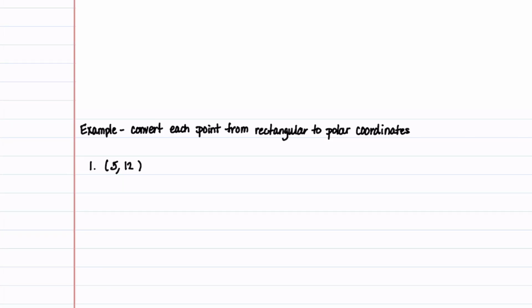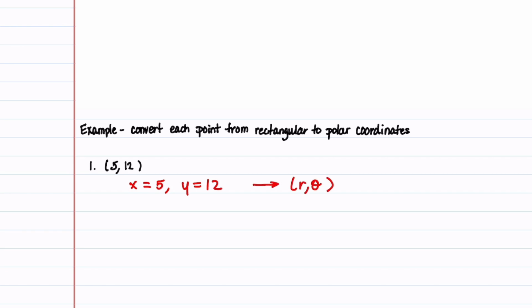In this video, I'm going to show you how to convert a point from rectangular to polar coordinates. Our first example is the point (5, 12). Let's make a note that this point is in quadrant 1. X is equal to 5, Y is equal to 12, and we want to write this point in terms of